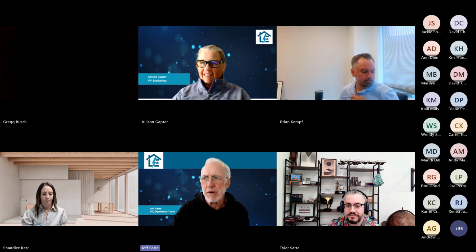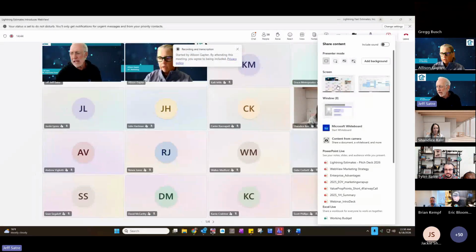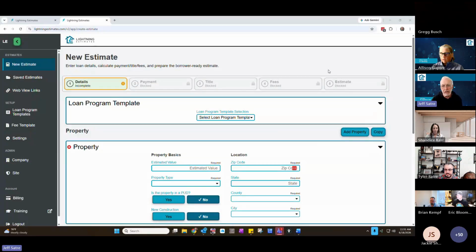I'm going to go ahead and share my screen, and most everybody on this call should be very familiar with Lightning Estimates, but we've had an enhancement, the WebView link, but along with that, we've also enhanced the look and feel of our software. So when you go into the software now, this is what you're going to see, and